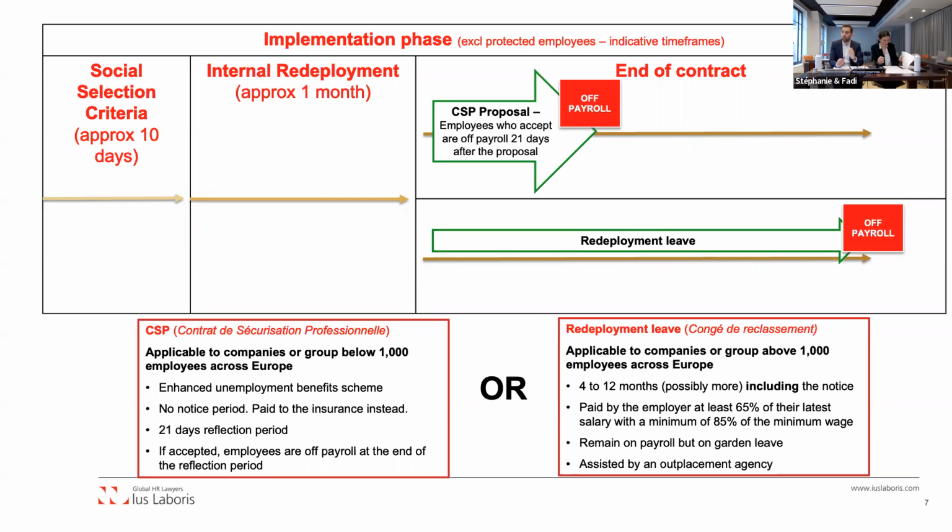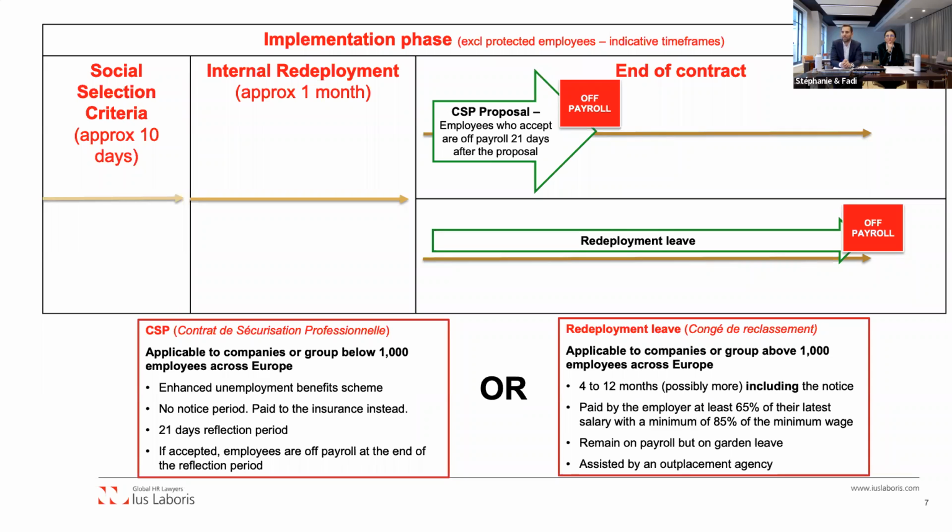Then you will have the internal redeployment phase. The scope is the group in France. The legal scope is a group in France. Then you will make the employees redundant. And then once you've provided them with a termination letter, the situation will be different depending on the size of your group. If you are a company belonging to a group of less than 1,000 employees across Europe, across the European Union and the economic area,